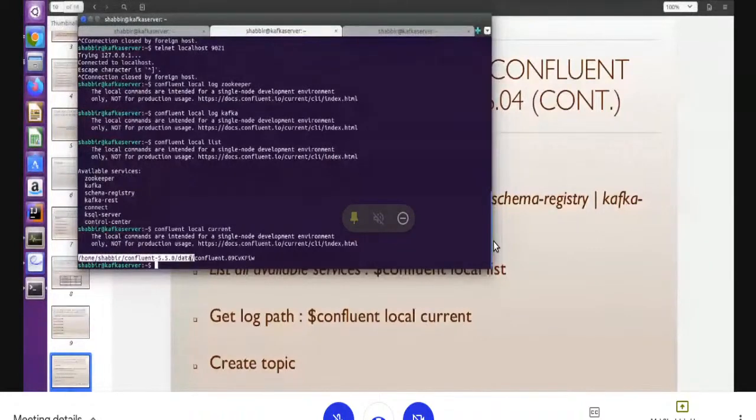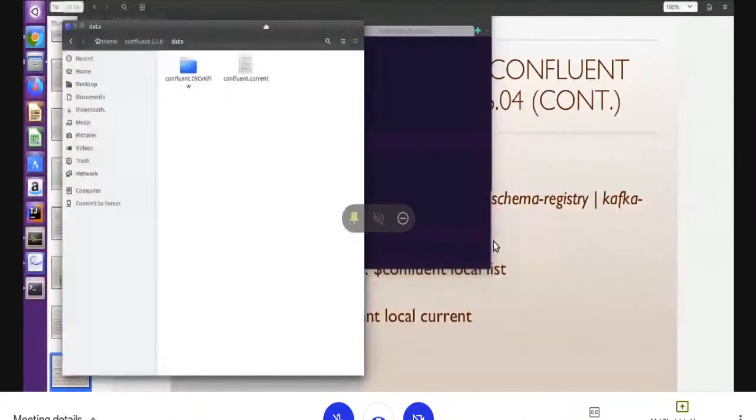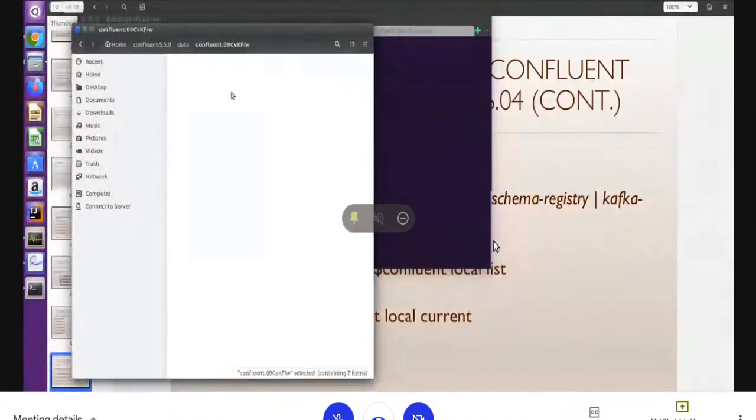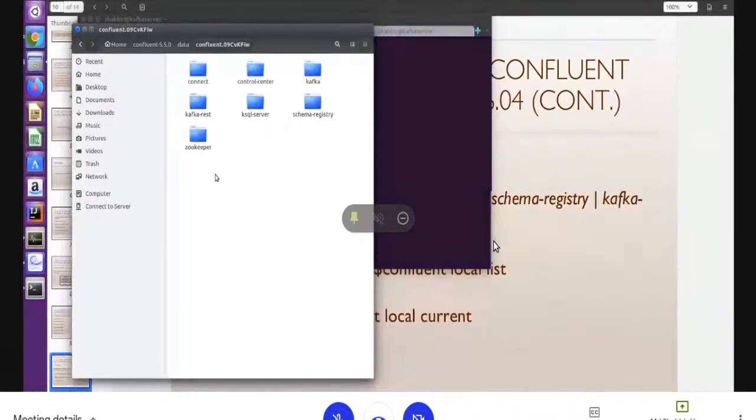In the last session, we saw that for Kafka and Zookeeper we had to create the folders inside the data folder. But today I have created only the data folder, and the rest of the required folders will be created by the Confluent platform. Let's see what is there. Because the Confluent platform runs so many servers, it creates so many folders. You can see here 7 servers of the Confluent platform are running, so it created 7 folders.